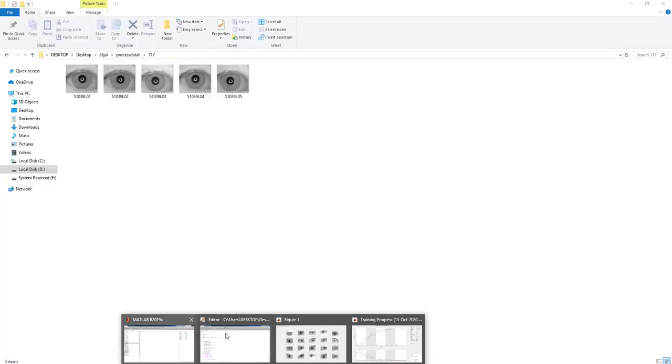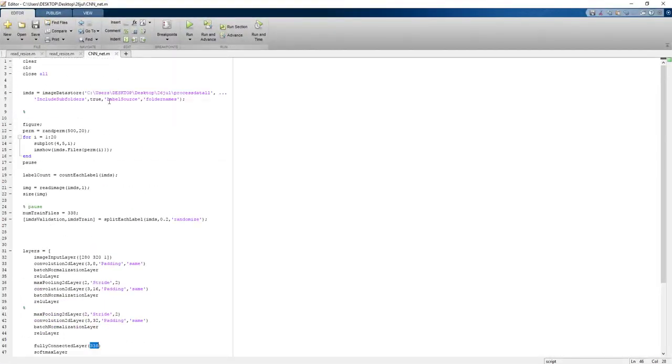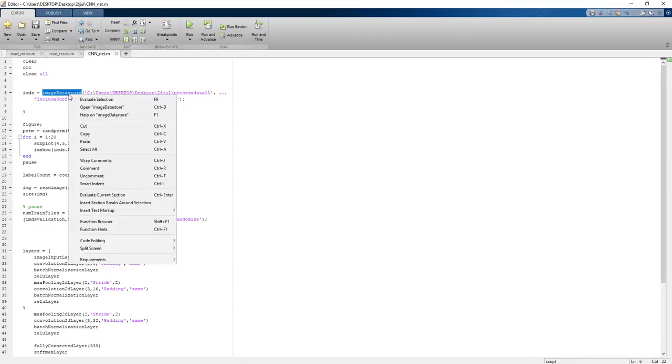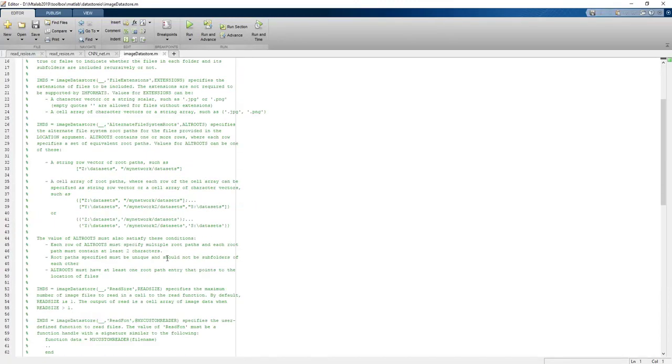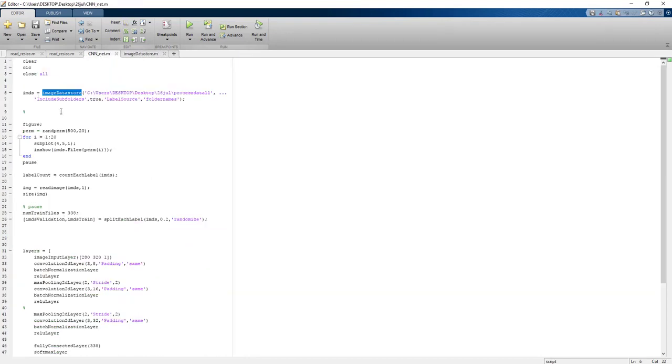So guys, this is what the code is all about. Actually, let me give you an overview. imageDatastore is a built-in function in MATLAB which keeps the path of the folders and the labels. It automatically gives the label source as the name of the folder.